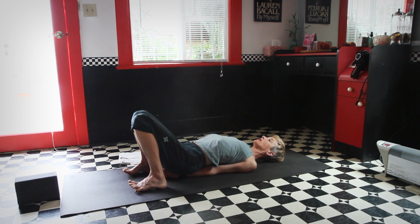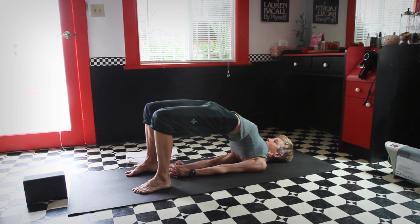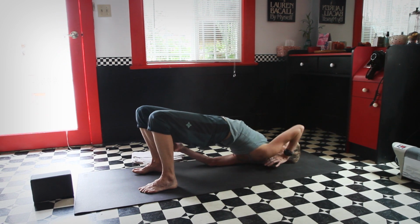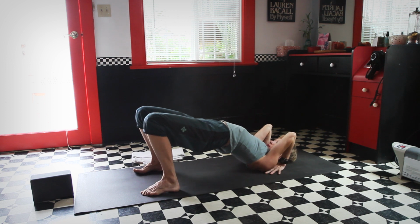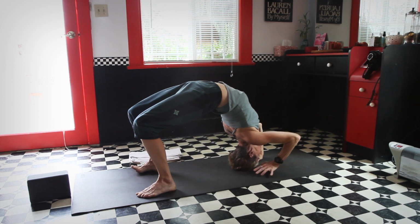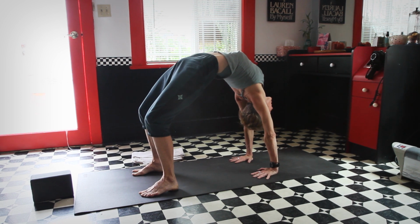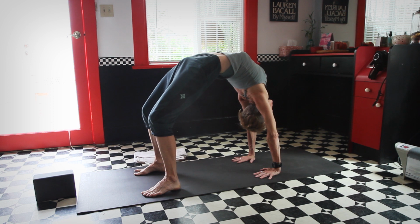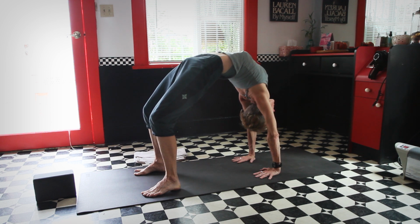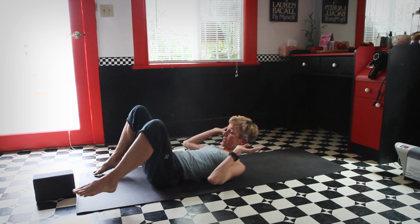Now from here, you could easily press up into another bridge pose on the shoulders. Those of you who practice Urdhva Dhanurasana can take the hands under the shoulders, maybe stop on the top of the head, and then press up, upward bow. Or, those of you who don't want to do either of those, if you're feeling a little fatigued and you have a block,